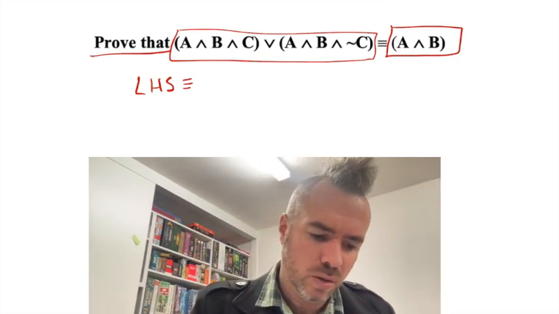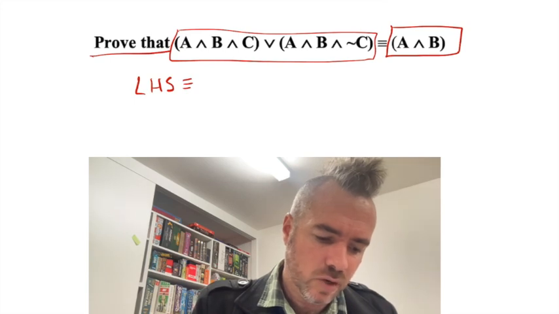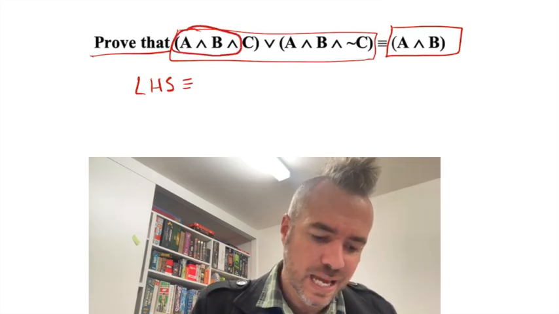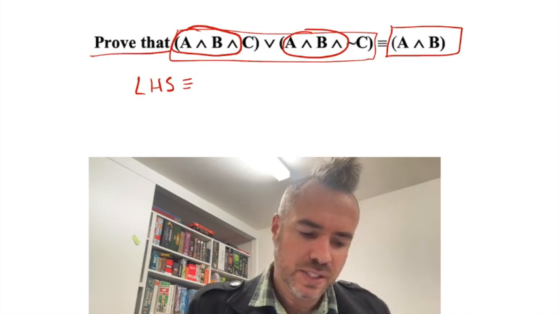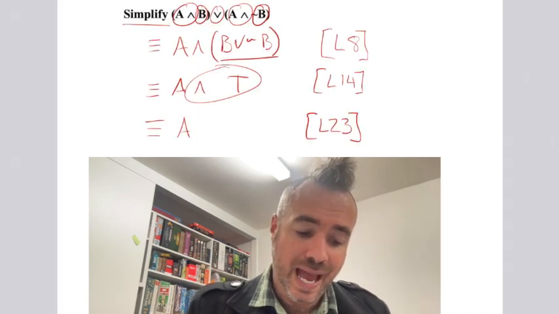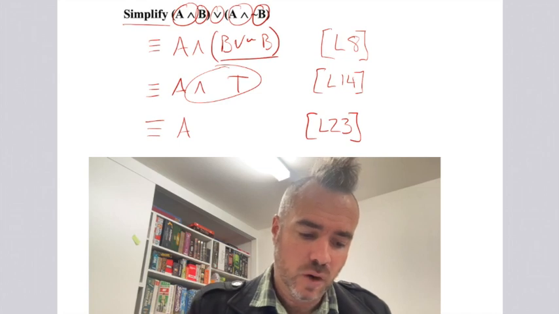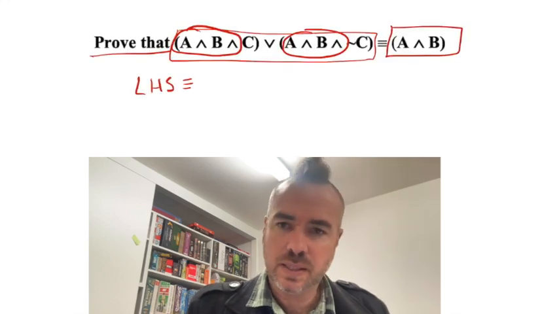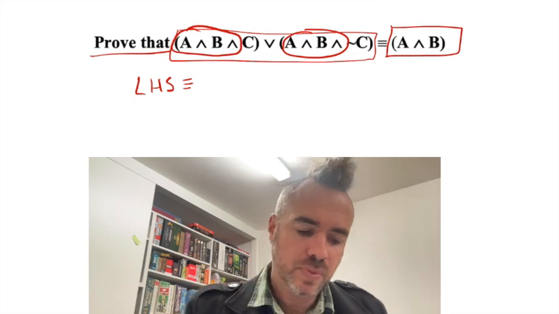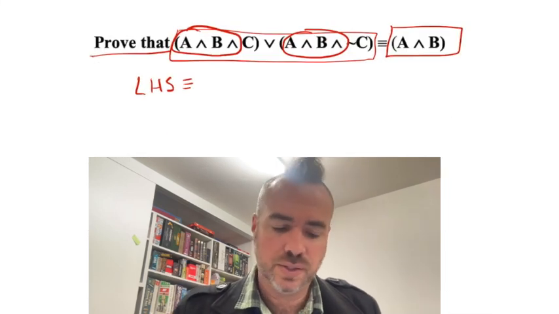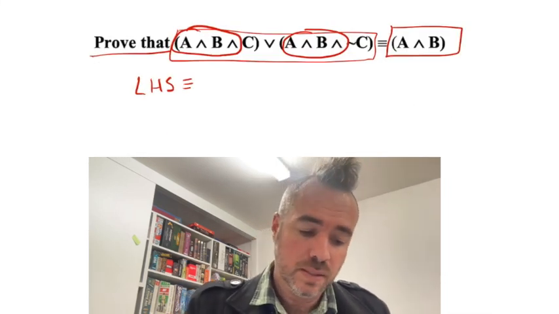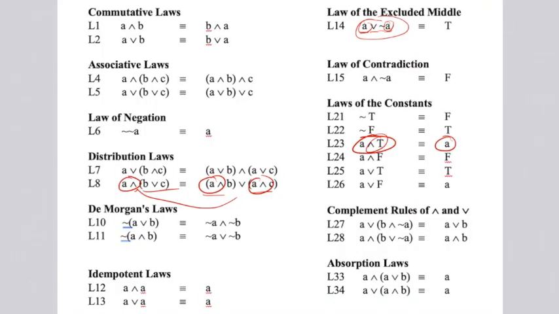Well, this one's a little bit more complex, but what I notice is I've got a pattern of A and B and A and B, and so that sort of matches the same thing that we had back in law 8, where I've got a pattern with an and that is consistent across brackets. And thanks to my associative law, I know that I can treat that pair as a single thing. So what that means is that I can use the same law,